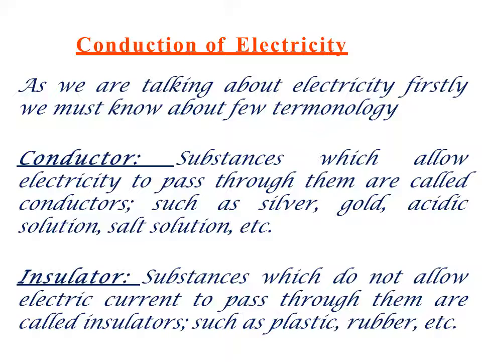So we have seen electricians at work, as for example when they are making electricity connections, or if electric current is cut off, when they go, they use rubber gloves. They use rubber gloves to attach that wire. Why are they doing this? Because rubber is an insulator and that does not allow electric current to pass through the body.